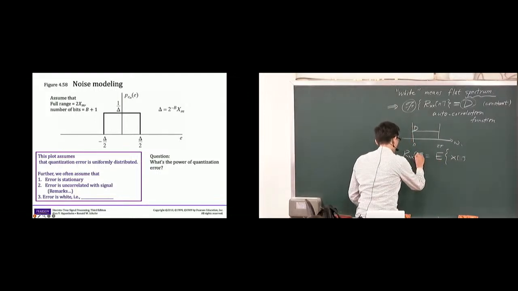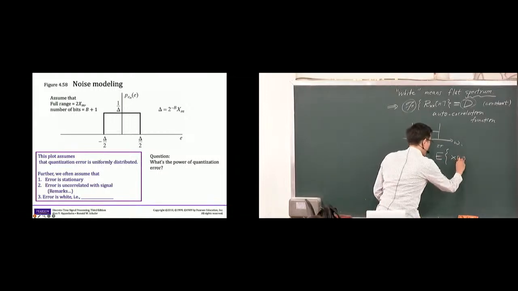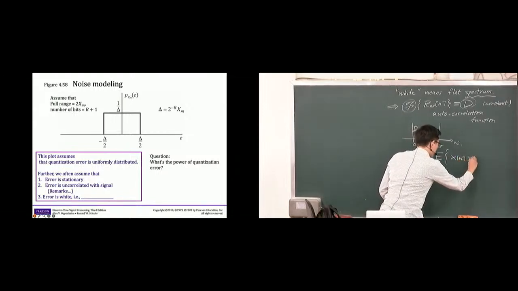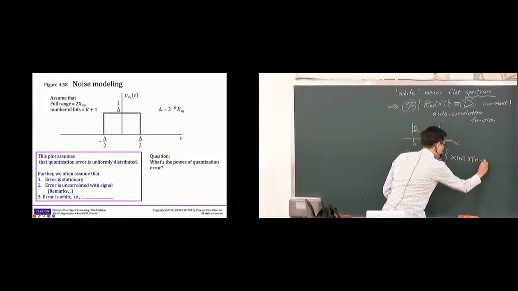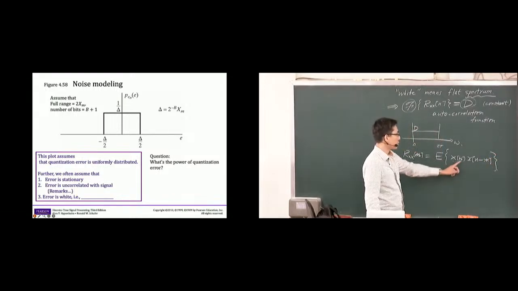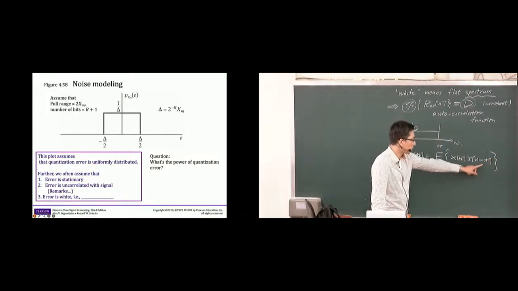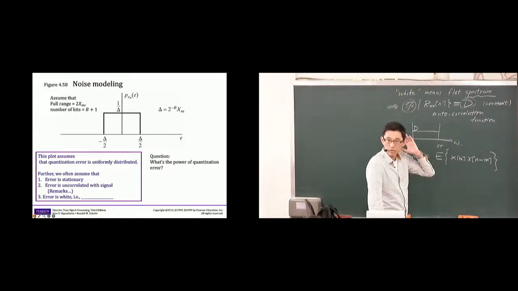Let me use m, okay? Rxx of n, x. When you shift x by m and consider its correlation with itself at a later time. Let me repeat this. You consider the correlation between x and itself at a later time. Of course, m can also be negative, then we were talking about an earlier time. Doesn't really matter. It's evenly symmetric.